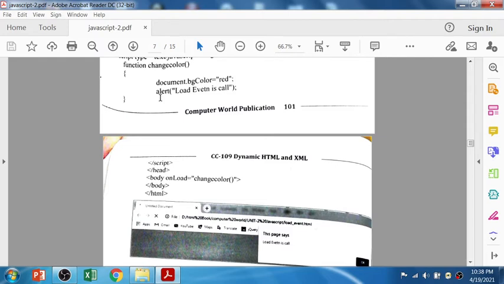Instead of an alert message, you can create a form and create multiple buttons. On a button event, you can use, let's say, the on click event to change the web page colors, right? That is part of the mouse event. Right now we are learning the document event, that is on load.